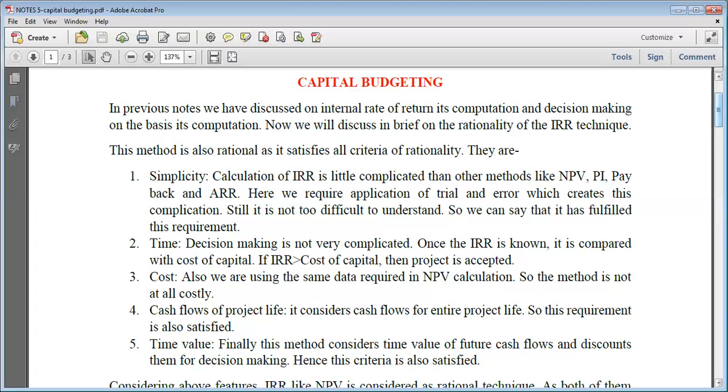So we can consider the method as simple. It is not much time consuming. Once the internal rate of return is known, you can easily compare it with the cost of capital and take the decision. It is not at all costly because the data that you require in other methods where cash flows are used, the same data you will use here also. So you don't have to spend extra money for collecting